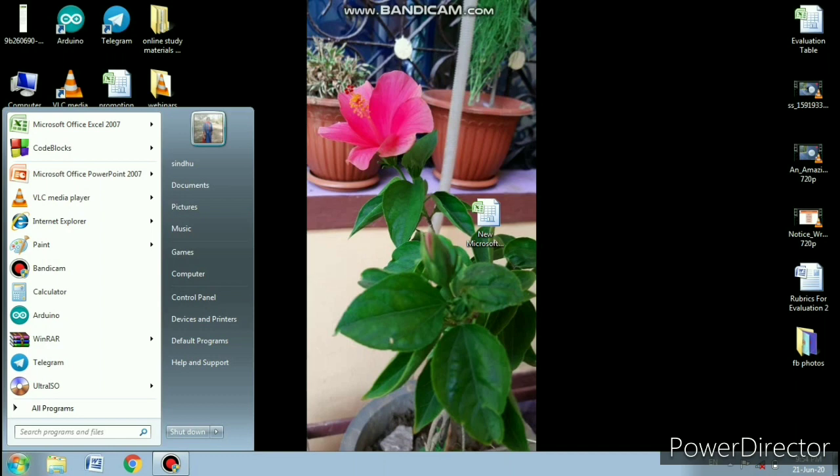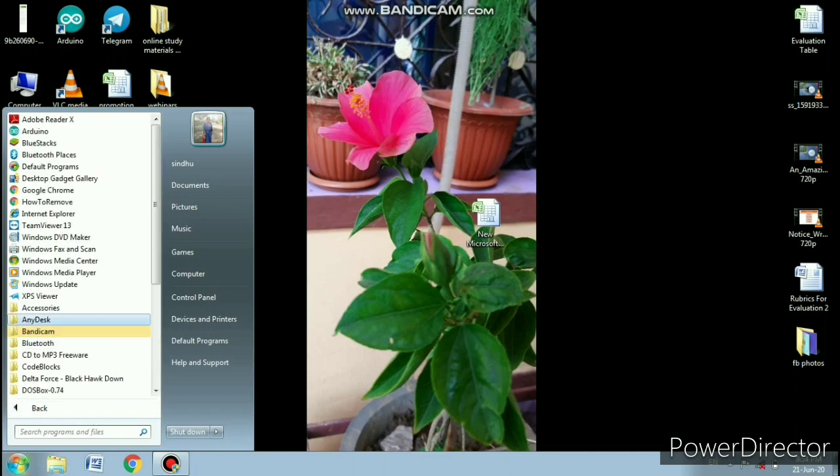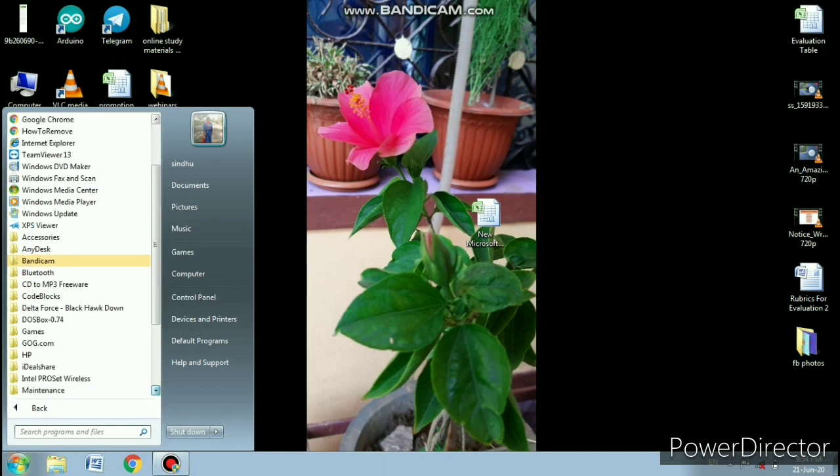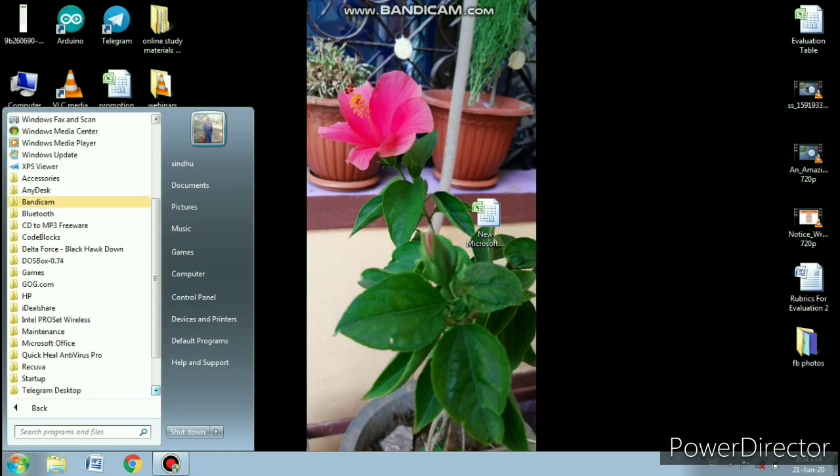Just click on the start button and you will get all programs. Here you will go and see where it is Microsoft Office. When you click over here, scroll the menu and you will get Microsoft Office.